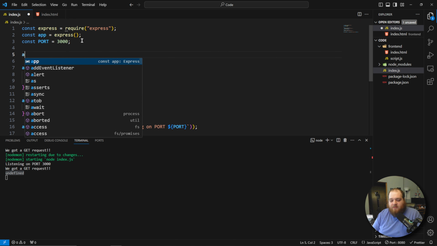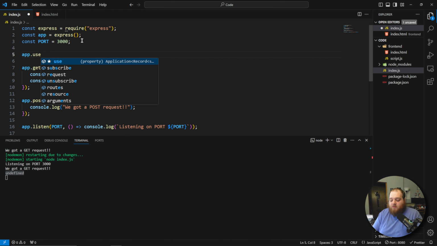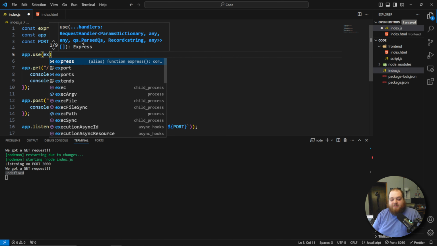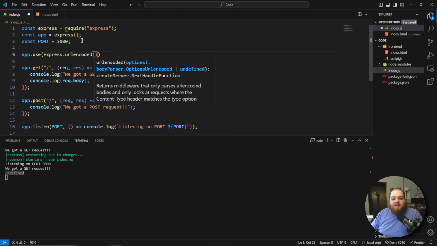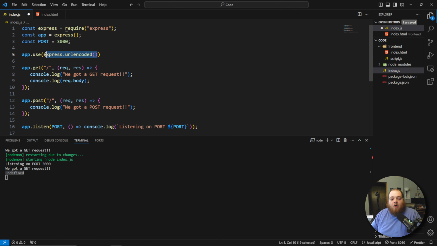So let's see how this works. We're going to say app.use, and then we're going to specify express.urlencoded, and this is a method that we can call. This is a method that is going to parse any URL encoded information coming from a client. Basically, it's going to parse form data, and by default, form data is URL encoded,